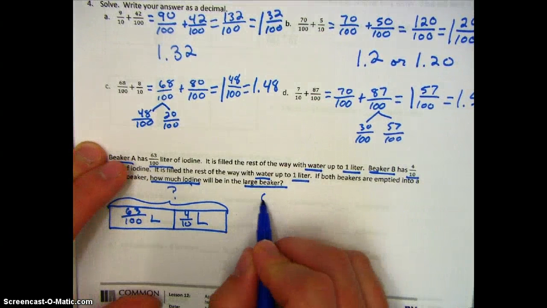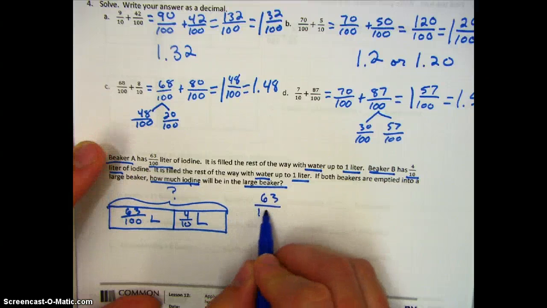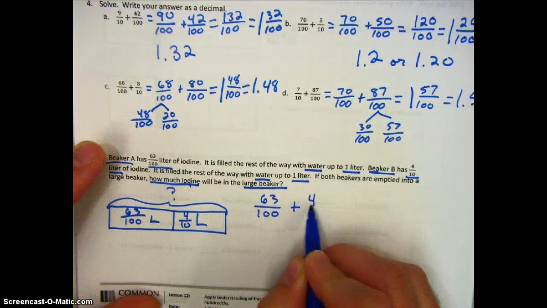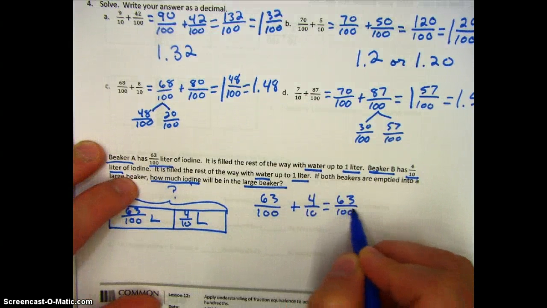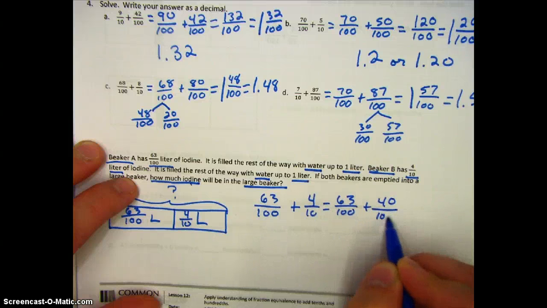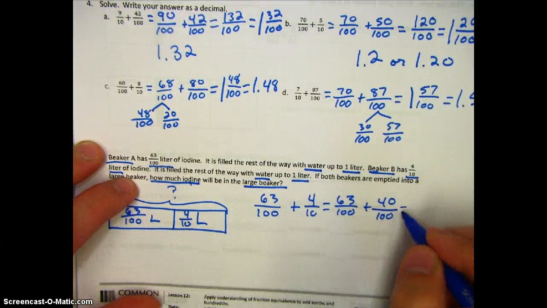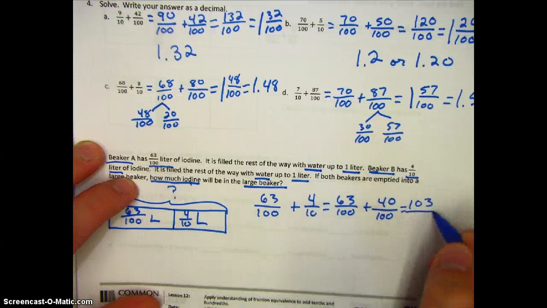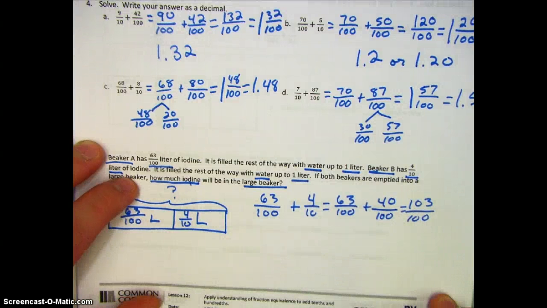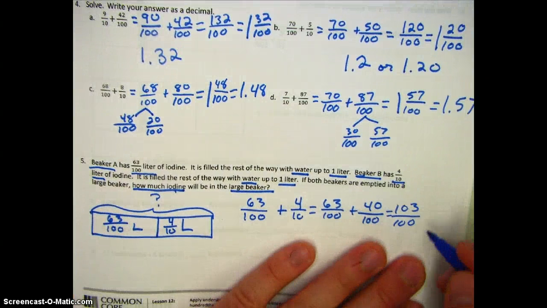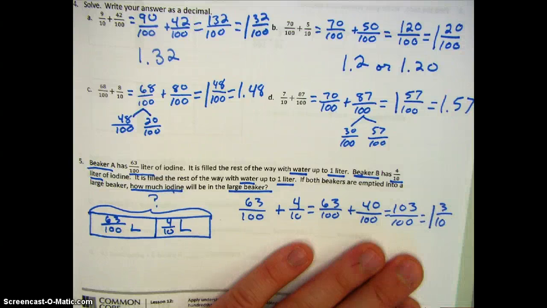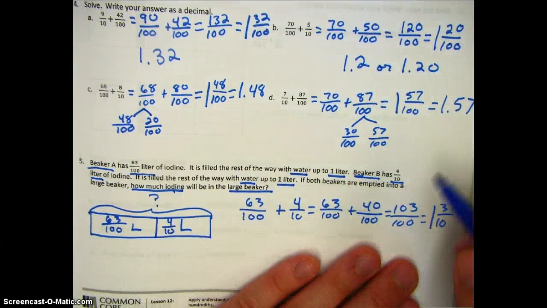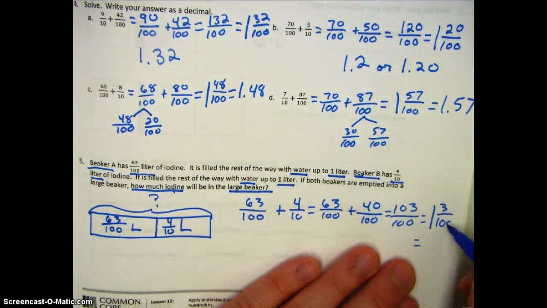So now we go to add them up, just like we did in number 4. So again, you can do it either way. So we get 103 hundredths, which equals 1 and 3 hundredths. Now the question doesn't say anything about decimal or a fraction, but we know that 1 and 3 hundredths